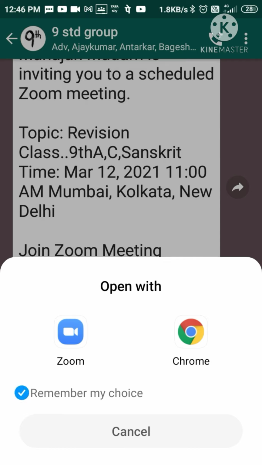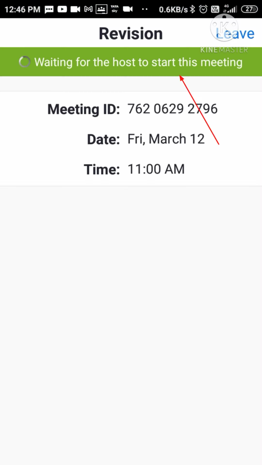So I am sitting here, I always want to open this link with Zoom app, so I am clicking here remember my choice. So next time whenever you are going to open it, it will directly open into the Zoom app. So I am clicking it on Zoom, so it will take me to the Zoom meeting.